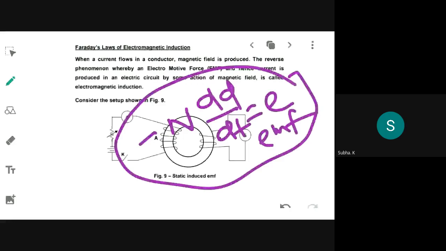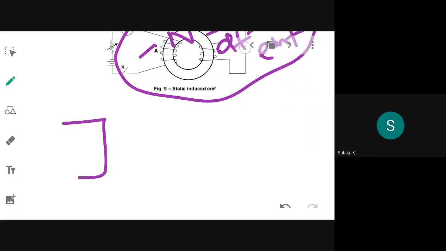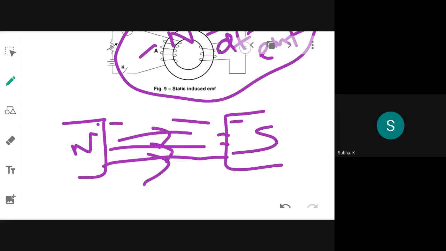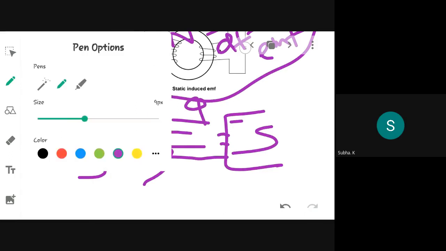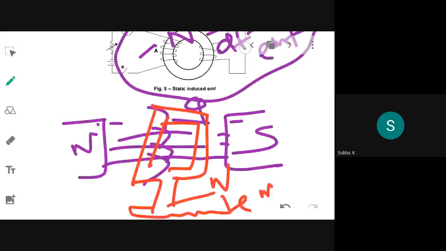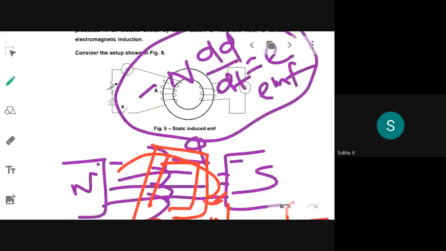Two magnets, ma'am, and a rotating conductor. You need to have a magnetic field via which the flux lines are set up like this. These are flux lines, in which you are to keep a rotating coil. The number of turns will be n. Okay, so the ends will be connected to the load which you need to power up with the EMF. So you need to keep the coil rotated. Whenever it rotates, it will cut the flux lines. There will be a change of flux, and that will induce EMF.